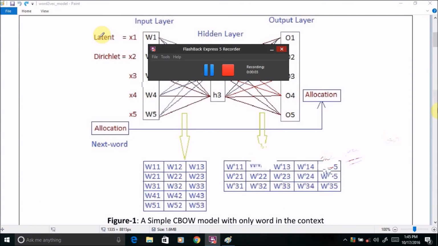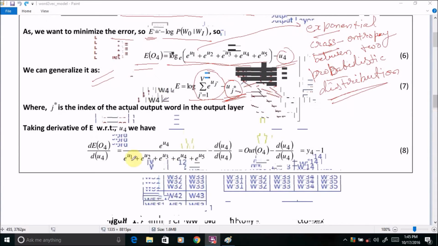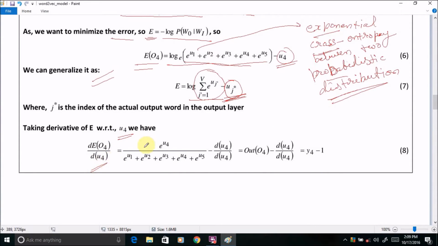Also, now we can take the derivative of E with respect to U4. So our derivation, this is a simple derivation. So this is our generalized error function that we will use in the entire calculation. Now we can take the derivative of E with respect to U4. The process of derivation is just a simple derivation. So when we take the derivation of this part,